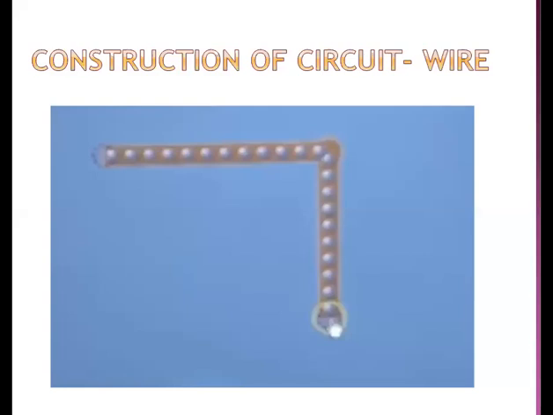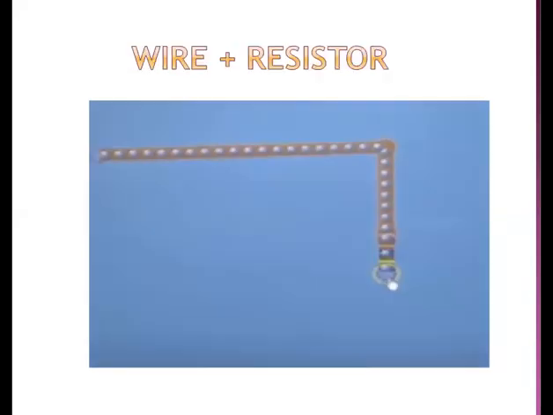So we consider certain wires. Now you can see here I have taken wires. These wires are similar to the pipes in the water circuit. Understand, like a pipe, this is a wire. So now I connect this wire to a resistor. You can see here a resistor I am connecting.